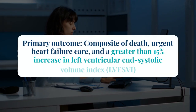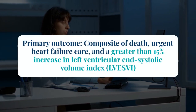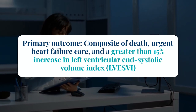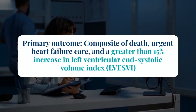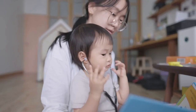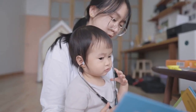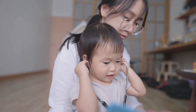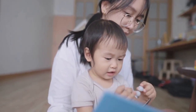The primary outcome was a composite of death, urgent heart failure care, and a greater than 15% increase in left ventricular end-systolic volume index, LVESV. Biventricular pacing showed a hazard ratio of 0.74 for the composite outcome of death, urgent heart failure care, and LV remodeling. Secondary outcomes included significant reductions in death or urgent care visits, death or hospitalization for heart failure, and hospitalization